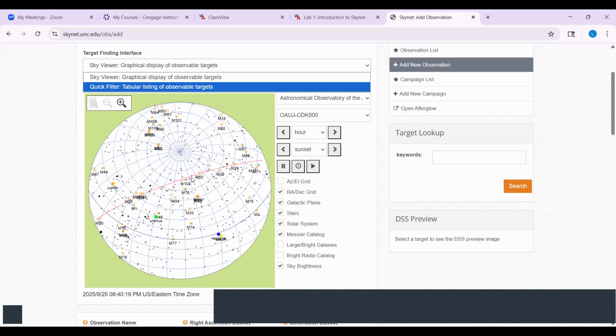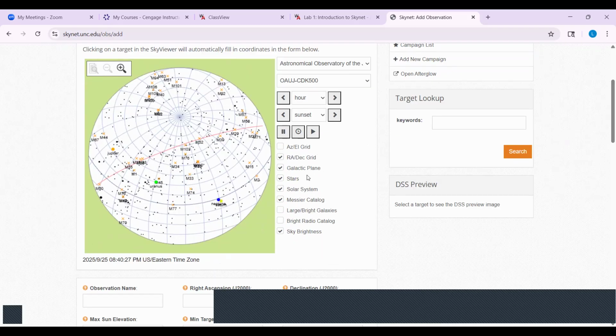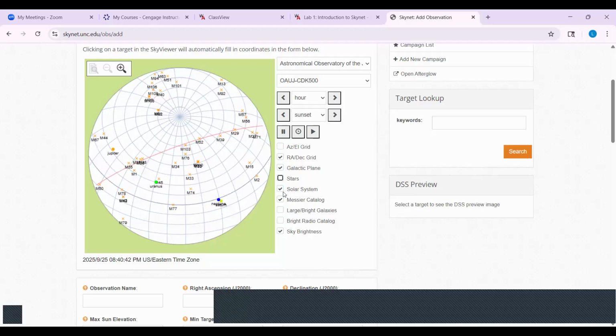This line that you see is one line. As you see it here, you can identify various things as needed. For example, normally we're going to see different things here. We're going to learn how to look through it. But basically, most of the objects are observable. If you don't want to see a star, you don't want Messier objects, and you don't want to see sky brightness, you can